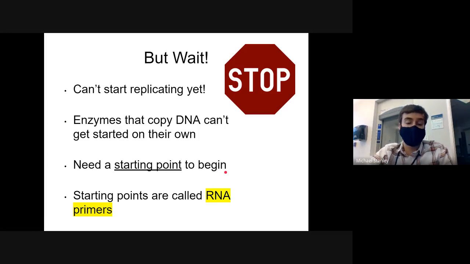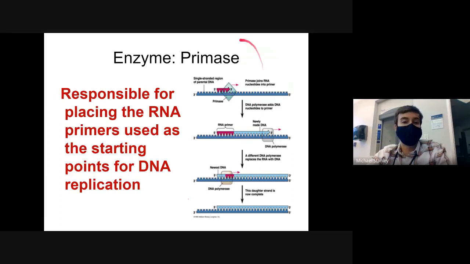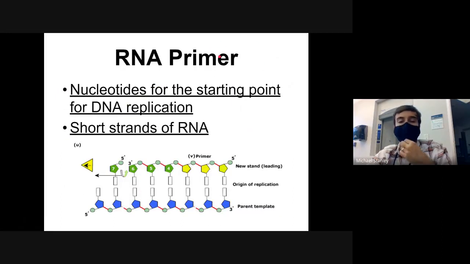And since it's an enzyme that puts down RNA primers, scientists thought they'd be super clever. They called it Primase. And we'll talk about Primase in a second. So these RNA primers, you may notice that this is RNA, not DNA. So it's a little bit different type of nucleic acid, but we use it for these starting points for DNA